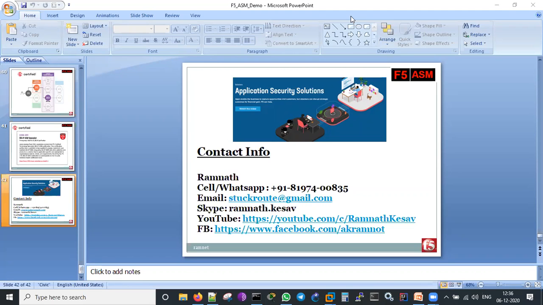Utilize it in your own lab only. Don't try to be too smart and try to hack some applications or banks or something like that. You will definitely end up in jail. Please don't do that. I will not recommend you to do that on internet platforms. Please do it on your own local platform. See, I attacked from my own Kali Linux and I attacked my own application, DVWA. In between, I put the ASM so that Kali Linux will be coming through the F5 ASM to attack that. So the F5 ASM is blocking all the requests.